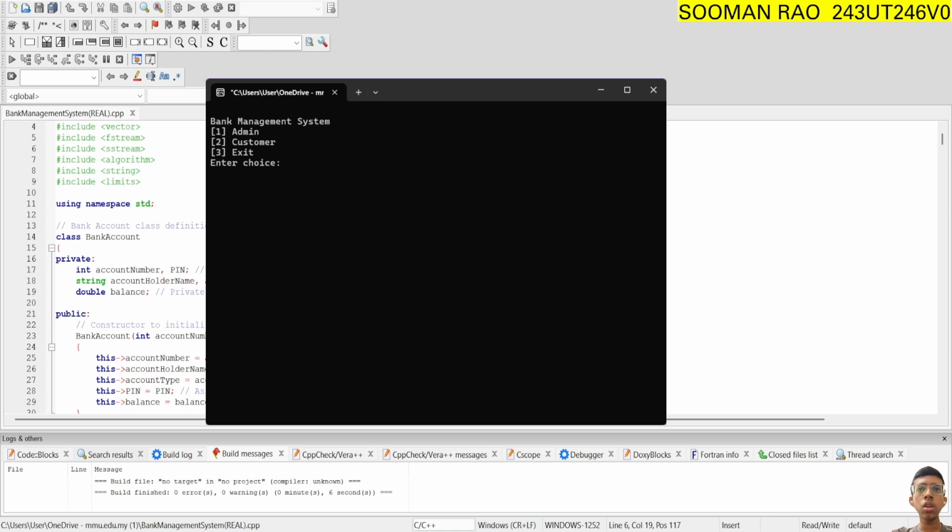Today, I'll demonstrate the bank management system, which is our topic for the final project of our computer programming. This bank management system is an efficient and user-friendly application designed to streamline banking operations while ensuring security and seamless account management for both administrators and customers. So now, let's walk through the core functionalities of our system and see how they work in the C++